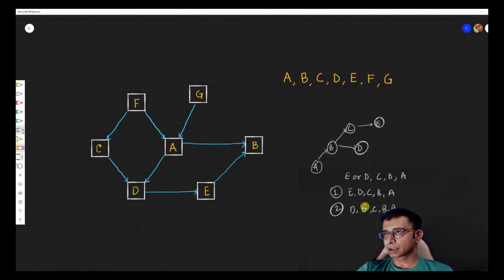Here we have discussed a course. It could have been a build system also, right? Suppose you have a module A, and A needs the module B, and B needs the modules C and D, and C needs the module E. When you start building the system, you should build E or D first, since they don't have a dependency. Then you can go to C, then to B, and then to A. So these are the two classic examples where you need topological ordering.